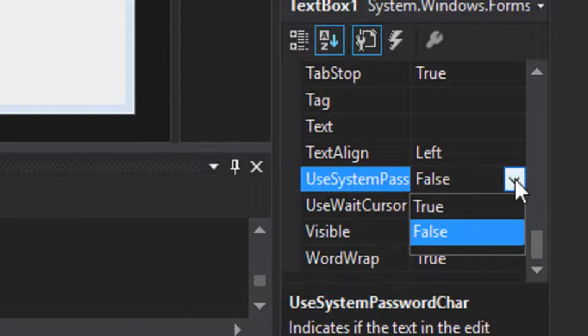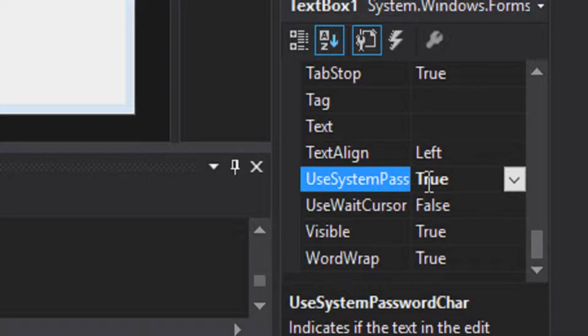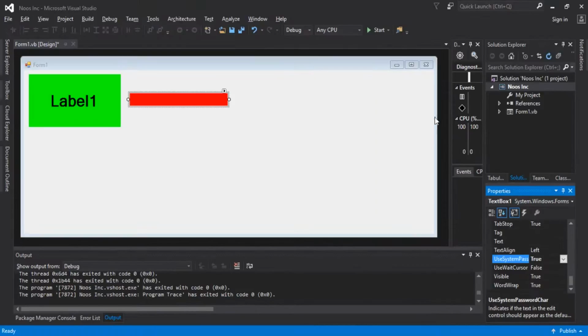How can we set false to become true, guys? You can see the difference. If I start again like this,